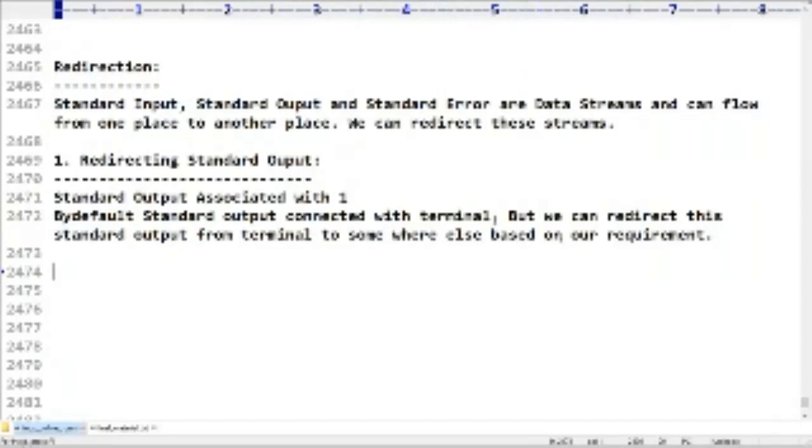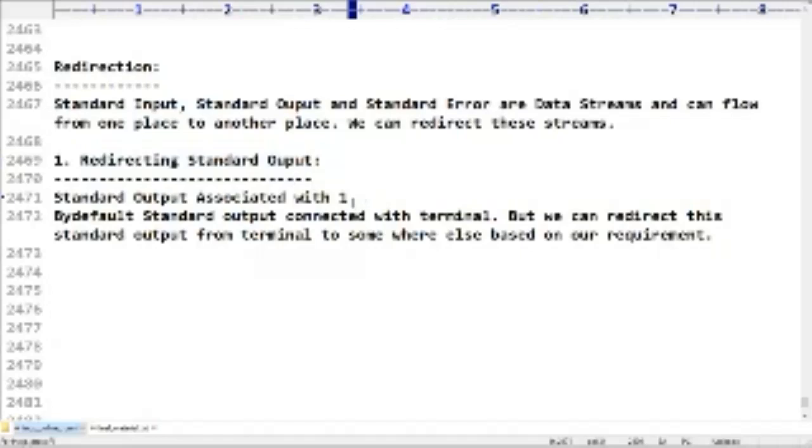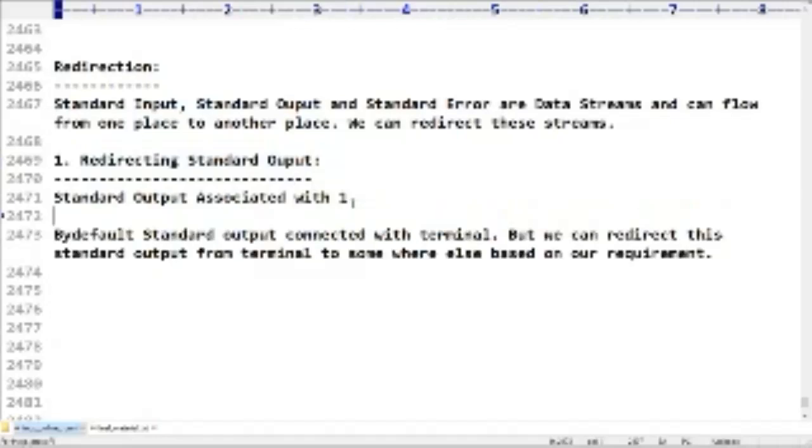If I don't want to send my standard output to the terminal, can you redirect it from the terminal to somewhere else? Yes, it is possible. That is considered output redirection. Does everyone understand the meaning of output redirection? From now onwards, my output should not go to the terminal. I want to send my output somewhere else.